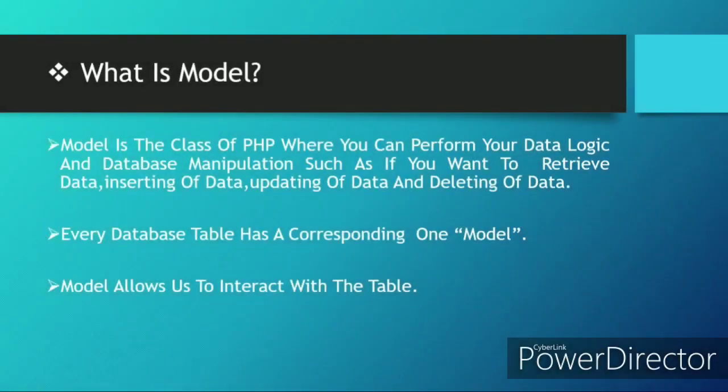So the first question that may arise in your mind is, what is a model? A model is a PHP class where you can perform your data logic and database manipulation, such as retrieving data, inserting data, updating data, and deleting data from the database. Every database table has a corresponding model, and the model allows us to interact with the table.